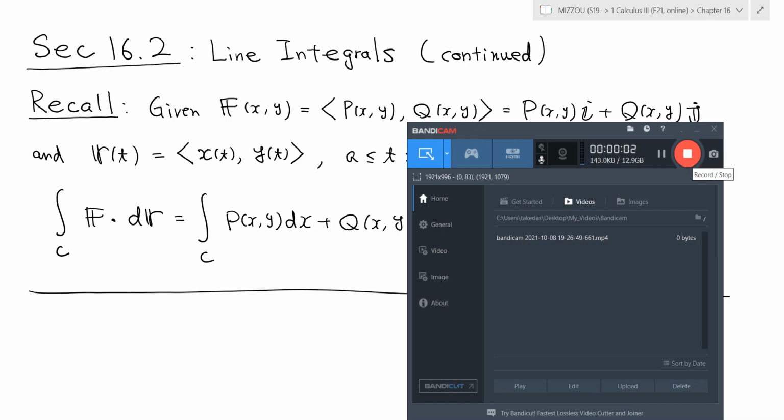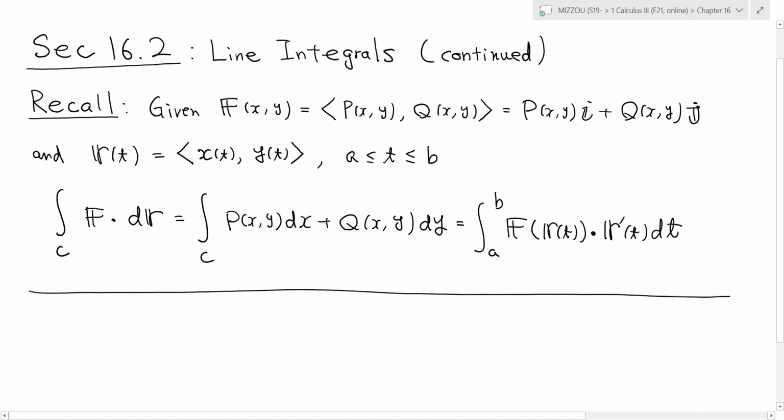Alright, this is the third video on section 16.2, which is about line integrals. Let's remember what we did in a previous video. Given a vector field on R2, the input is x, y, and the output is some vector in R2, so it has two components, P and Q, which is also written like this using i, j notation. And suppose you are given a parametric curve on the xy plane, where t is from a